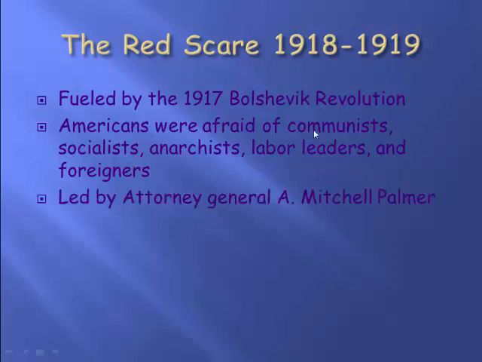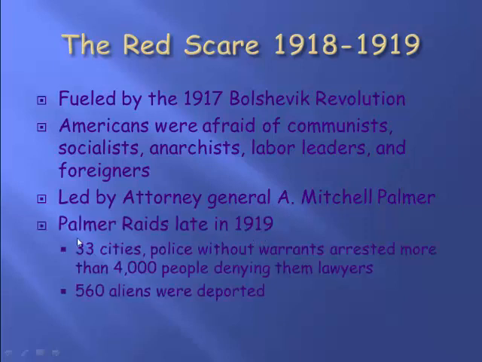So there was an attorney general, his name is A. Mitchell Palmer. There's something known as the Palmer Raids in 1919. So this is happening during the Roaring 20s, right? In 33 cities, police go around, they start arresting people without any warrants. And some of the people were actually bad, and we deported them. They were illegal aliens living in the country. But the problem with the Palmer Raids is it showcases that we're going to break into people's homes and arrest people on the thought that they might be a communist. So they really didn't commit any crimes. What does this show us, though?